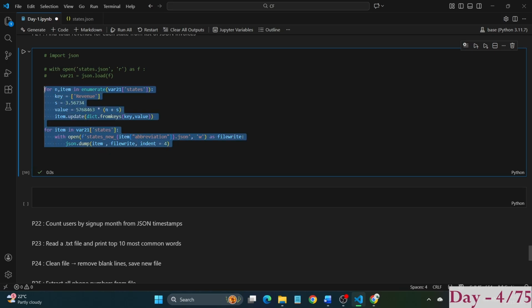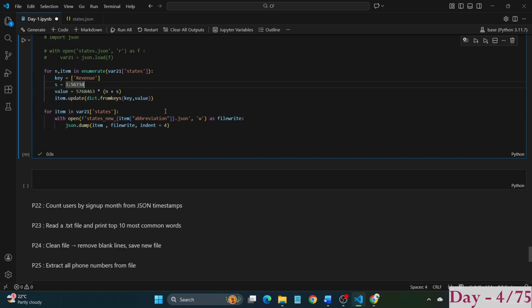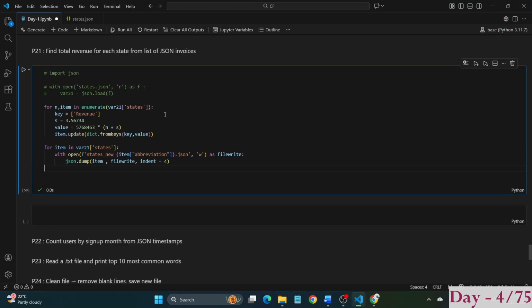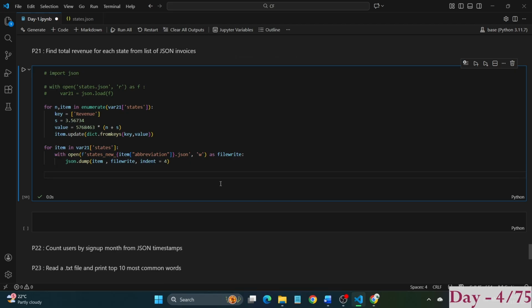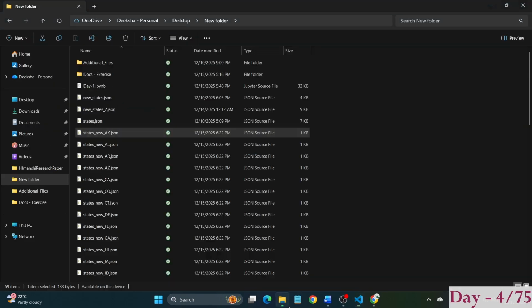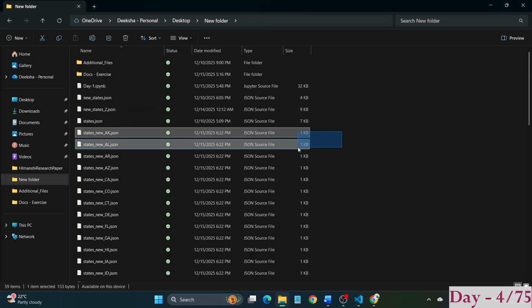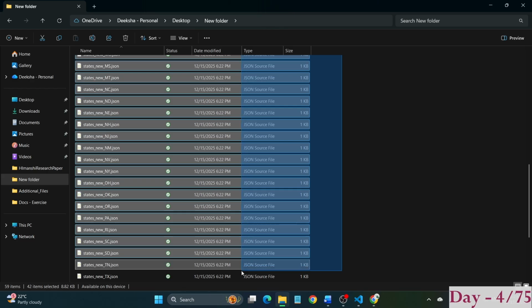So till here we have seen how we can read the JSON file again and write a new value to the dictionaries we already have inside the JSON file, and we generated multiple files out of the existing JSON file and tried to form a list of it. So for now I will put all these generated files inside a folder. I'll copy all of it. There should be 28 files